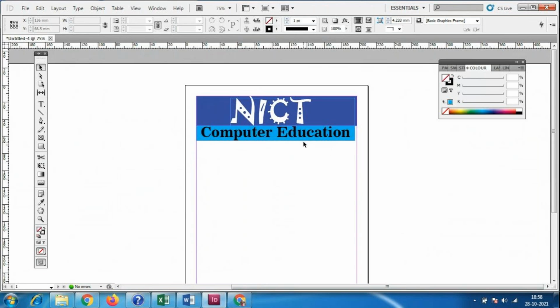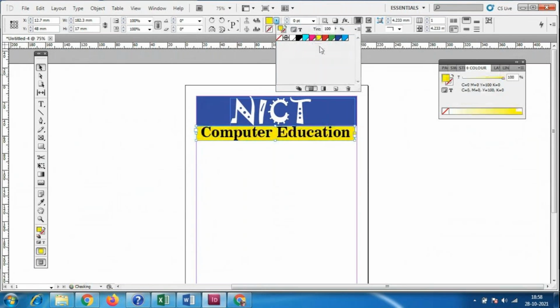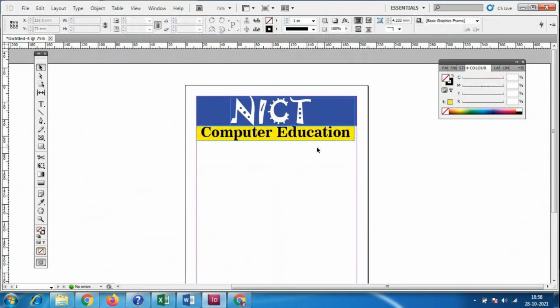Now the text box and the text are both in the same object, so both are in the same box itself. That's why we cannot move the shapes and all. Control Z. So always take a separate box.